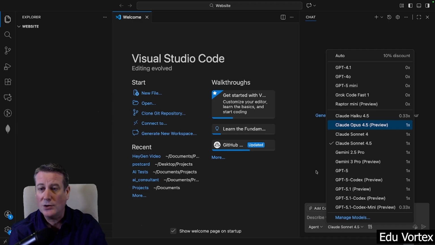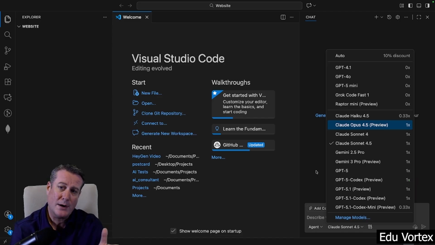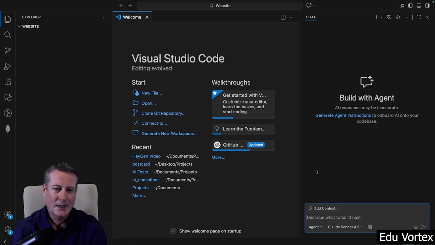And again, you can play around. You can try some different ones and see if one ends up creating a better outcome than another one for you. Again, imagine it as just different designers that you can try out. But I'm just going to keep it with that. That's cool. And I am going to just type in here,